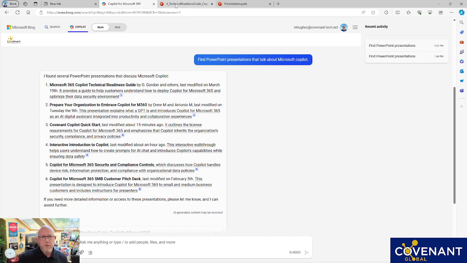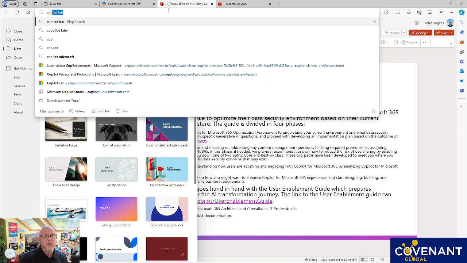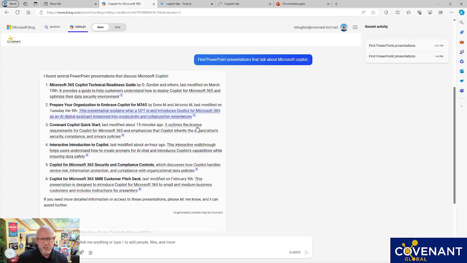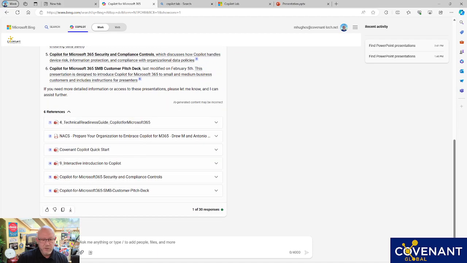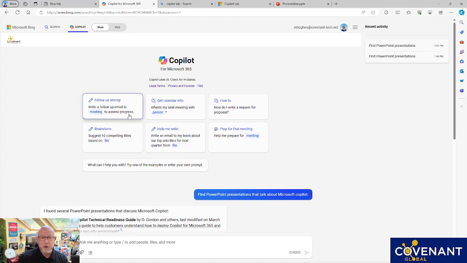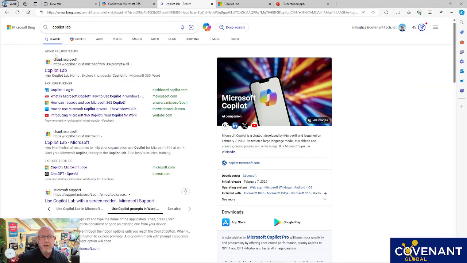The one thing I would really recommend you do is go to Copilot Lab. I'm going to search for Copilot Lab here real quick. And just so you know, this is available to you. If you scroll, let's see where we got. We got all these prompts that are available to us, but there's normally a little prompt icon down here. But if you go to Copilot Lab,